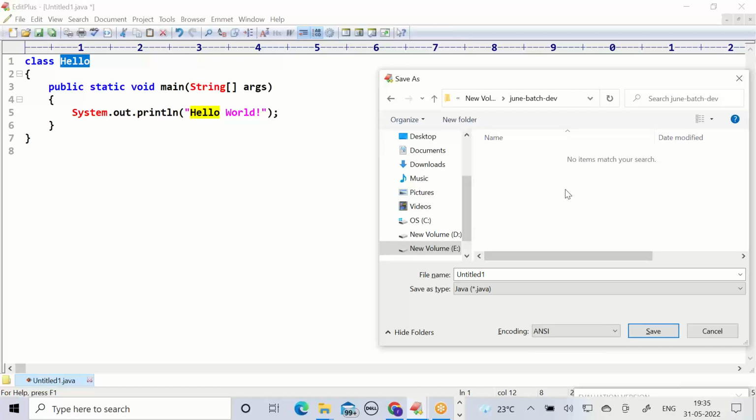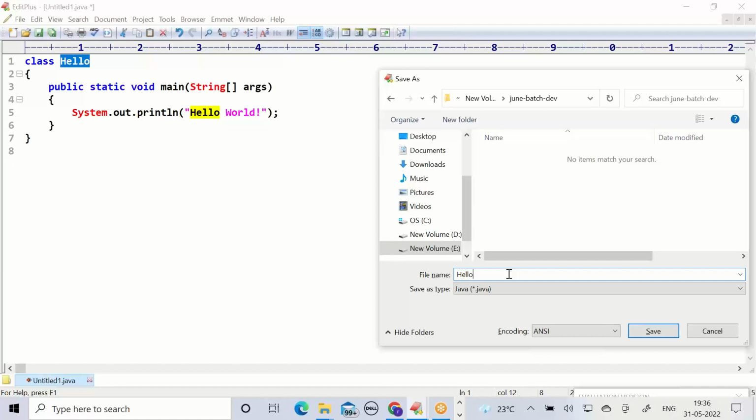Whichever folder you created for the development purpose, go to that drive, go to that folder. Then the file name, Control V, like the class name.